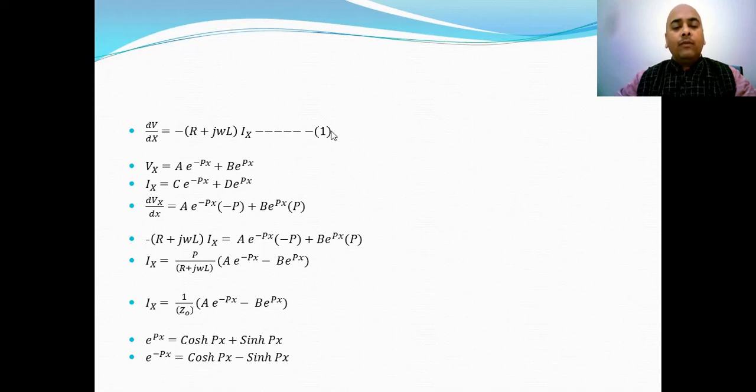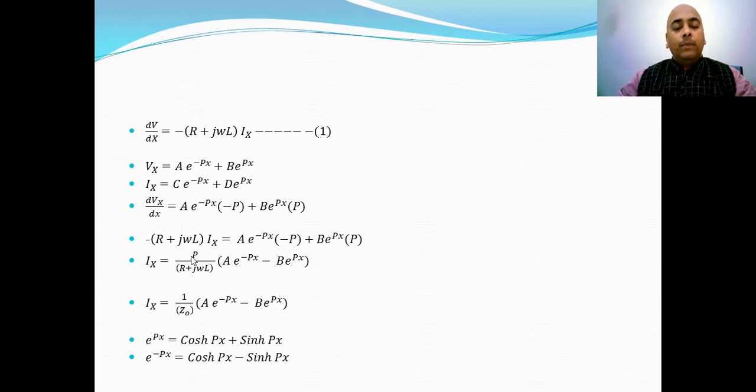Now from equation 1 and dV upon dx that we have just obtained, by equating the right hand side terms, we can write that minus (r plus j omega L) Ix is equal to A e raised to power minus px into minus p plus B e raised to power px into p,